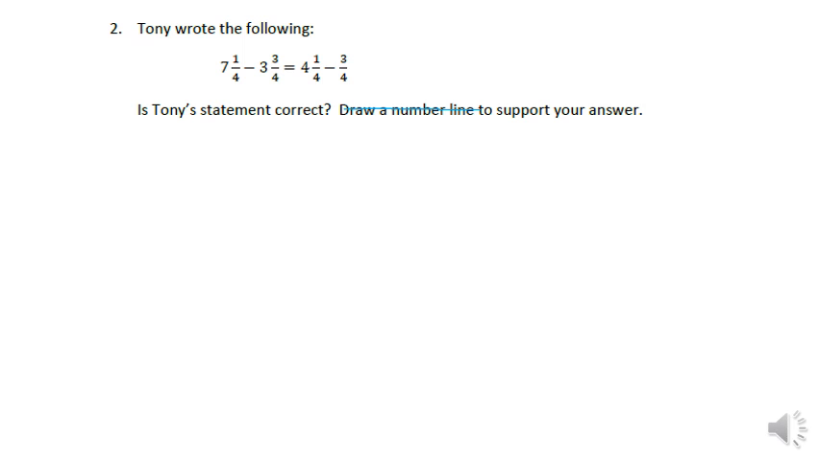Okay. So let's see. It says 7 1/4 minus 3 3/4 equals 4 1/4 minus 3/4. Now I could go ahead and solve both sides to see. Well, let's see if we can do something. Let's go ahead and use that strategy. So if I did that, I'd have 7 plus 1/4 minus